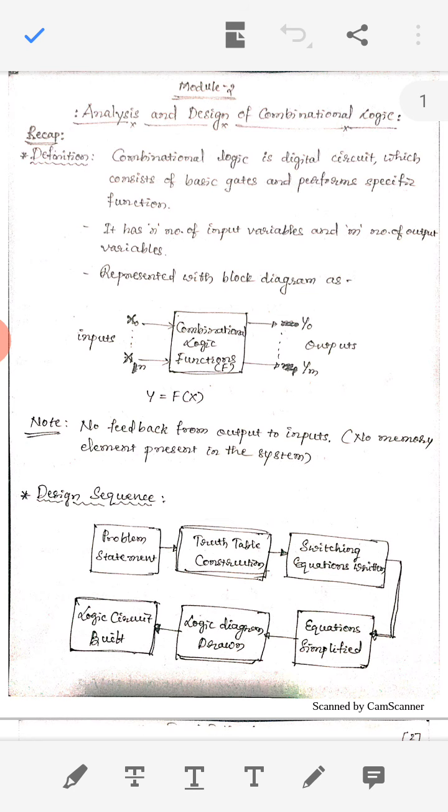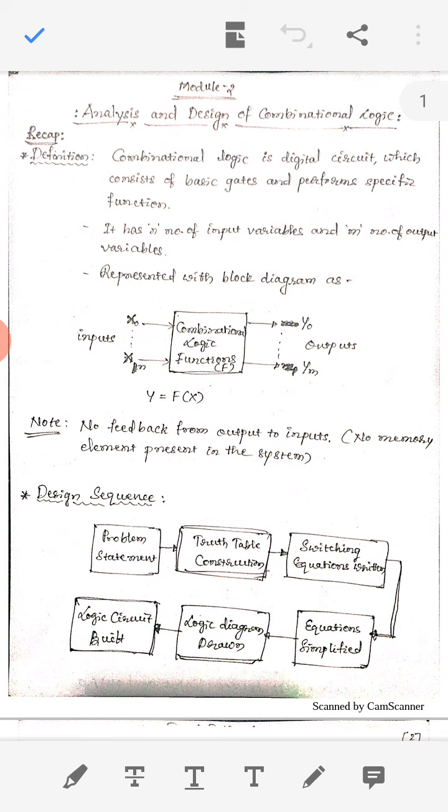Now, what is a digital circuit? A digital circuit is one which works with binary information, that is, zeros and ones. With 0 and 1 information, the digital system is designed. Compared to analog, as it has only two states, it is very easy to design, understand and modify designs, and it is more accurate than analog.